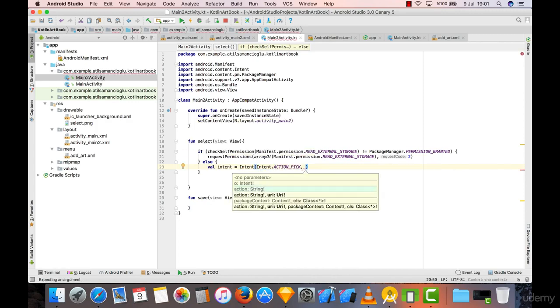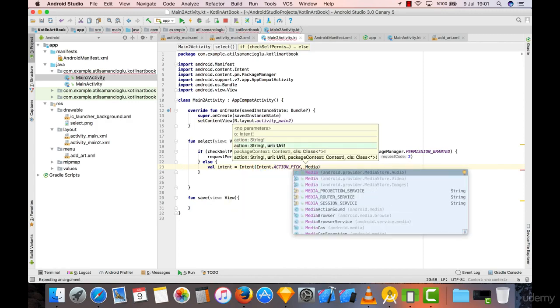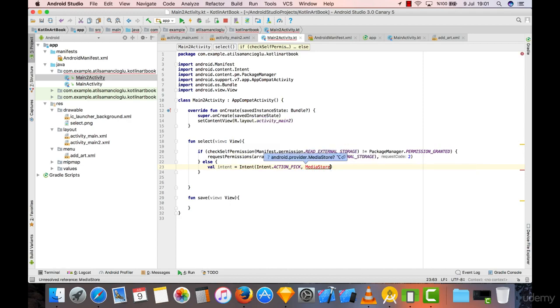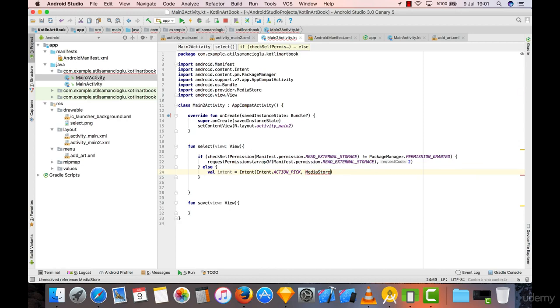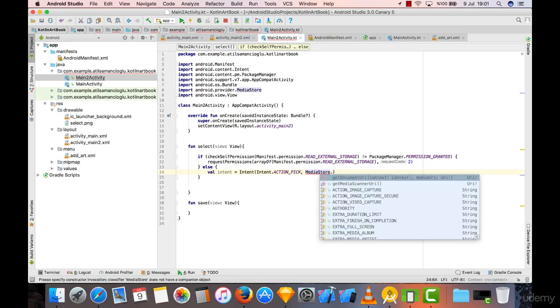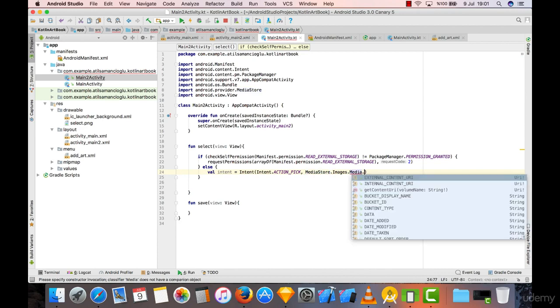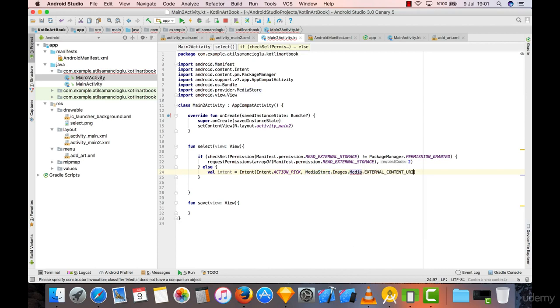Okay, and what we will be picking is the MediaStore. I just added the import with Alt and Enter: MediaStore.Images.Media.EXTERNAL_CONTENT_URI. Okay, so I will take the user to choose a media from the media store,